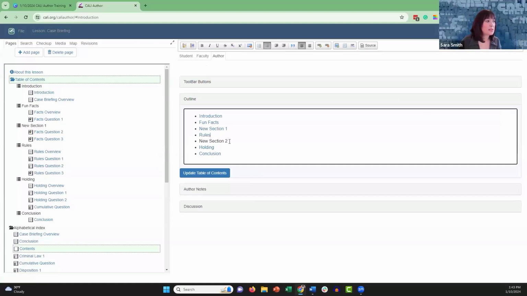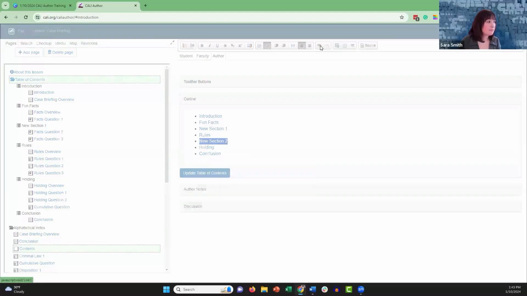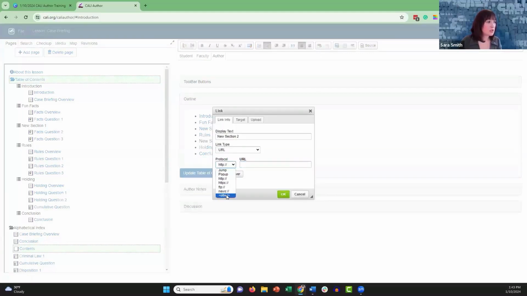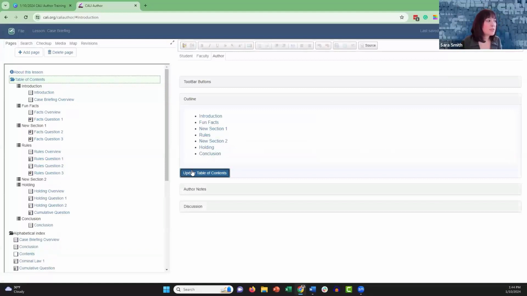I'm going to go ahead and select new section 2, select the link icon, change the protocol to other, and type in rules question 1. Select OK. Update. Again, it will create the section, but the page hasn't moved yet because the link still remains